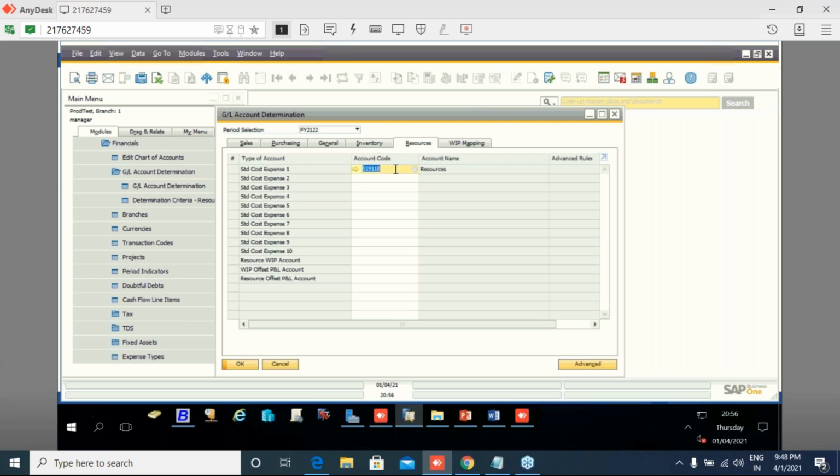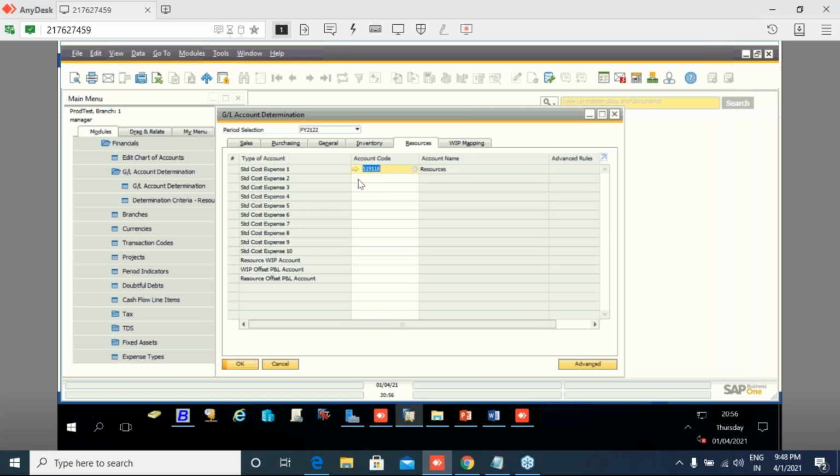We have to map the GL code over here to get the impact of our resource cost, which we have mapped in the production module, in the journal entry. So we have to define this general ledger in the GL account determination.